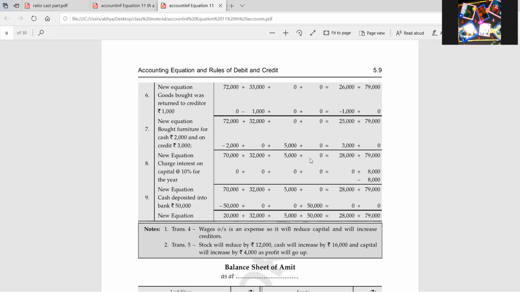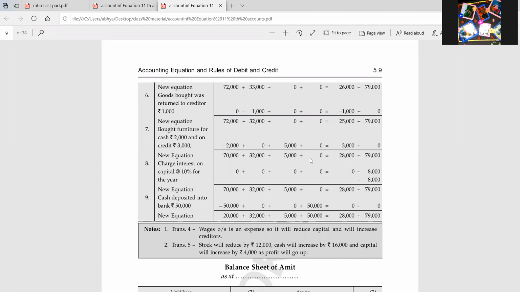As I told you earlier, the businessman and the business have separate identities. And whenever we are writing transactions in the books of account, those transactions are recorded from the business point of view, not the businessman's point of view. Like if the businessman is investing funds in the business, then definitely it is decreasing the cash of the businessman, but in the business we are increasing the cash. Why? Because we are recording the transaction from the point of view of the business, how the transaction is affecting the business, not the businessman.